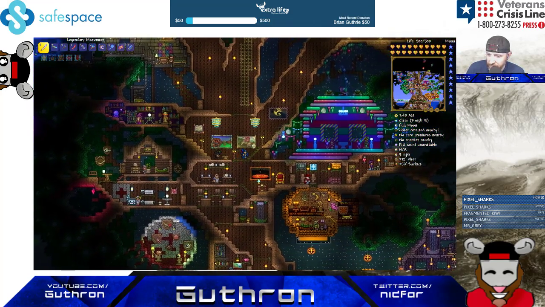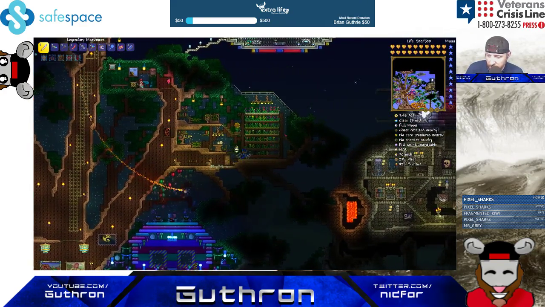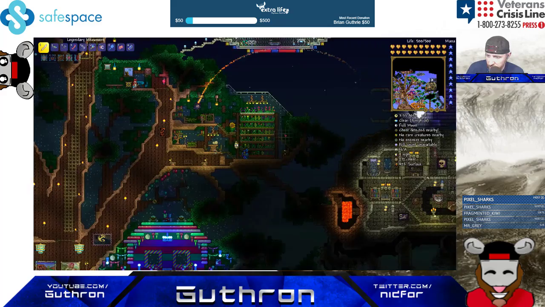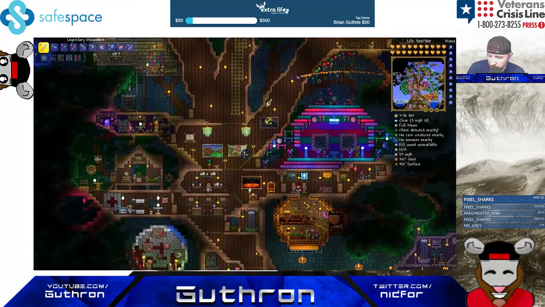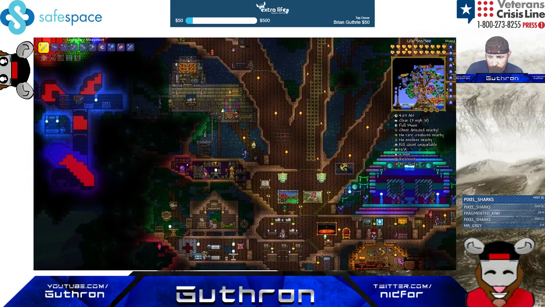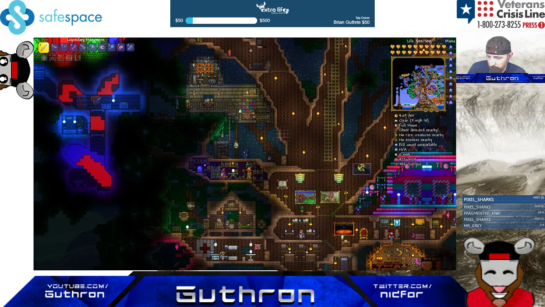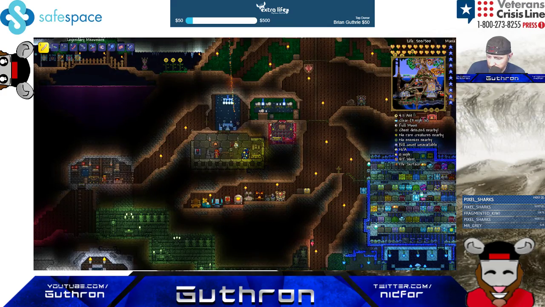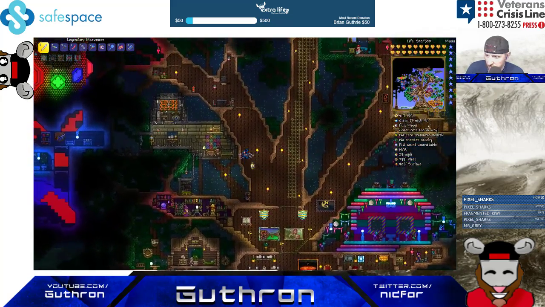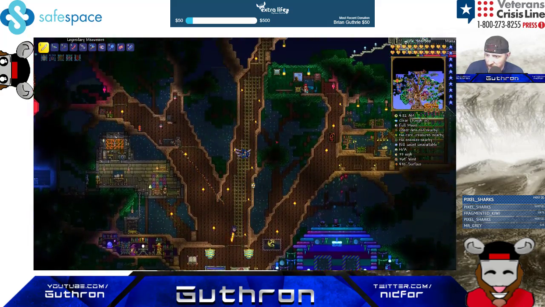And then let's see, up this way we have the painter and the dryad with her little garden right there. And then up over here we have the steampunk NPC, and this teleporter right here just goes down to the bottom. So if you need to get up to the top, you can. And then up this way, the weapons guy. That's kind of a dead end right there. And then up top,